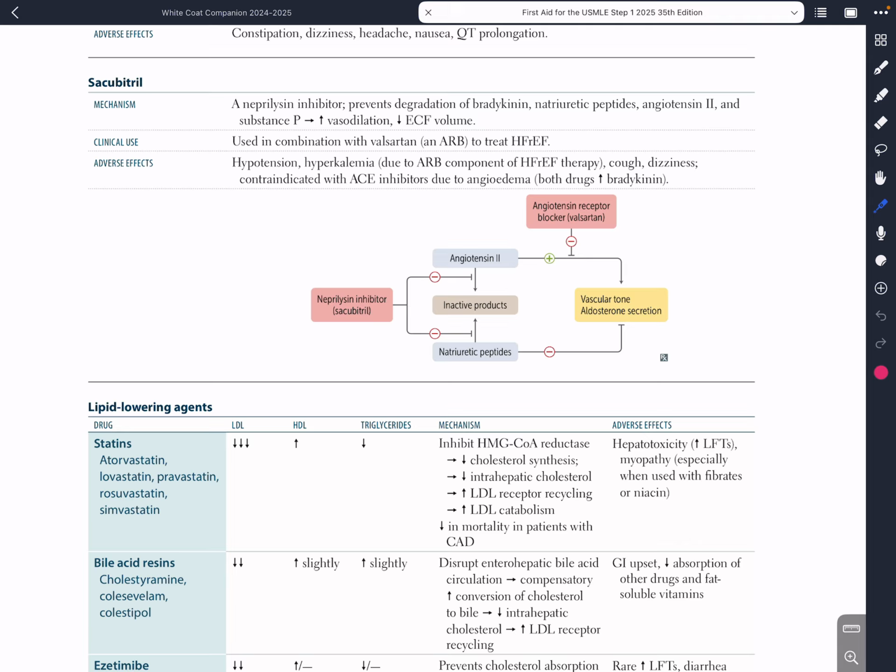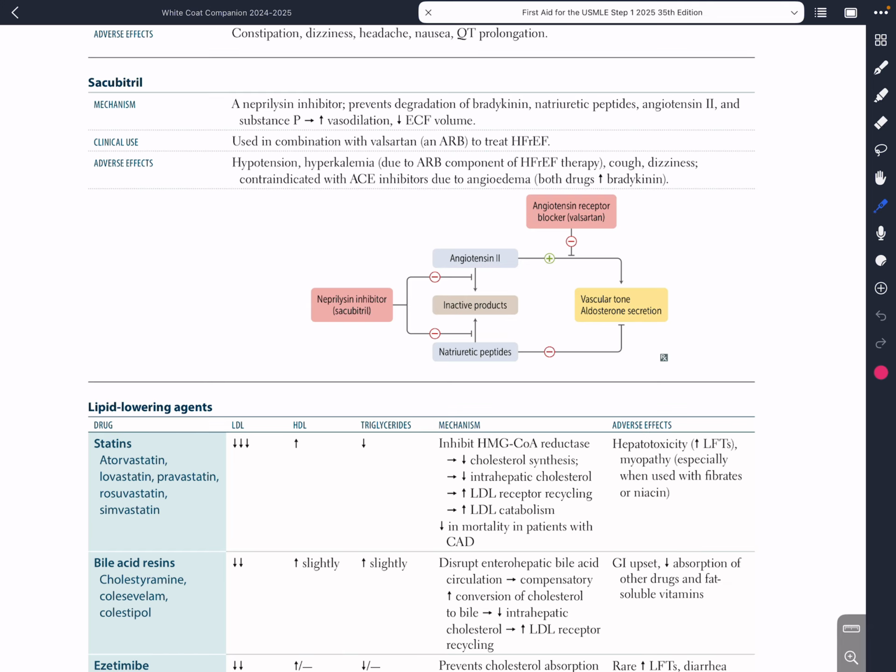Adverse effects of sacubitril: it can cause hypotension and hyperkalemia, because it is an ARB component of HFrEF therapy that causes hyperkalemia, since ARBs are low intensity diuretics. So sacubitril can cause hypotension, hyperkalemia, cough, dizziness, and it is contraindicated with ACE inhibitors due to angioedema, because both drugs, sacubitril and